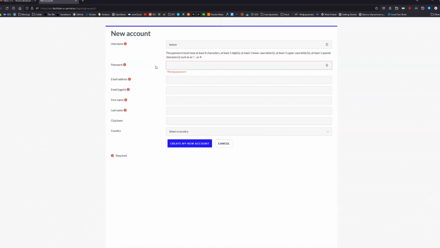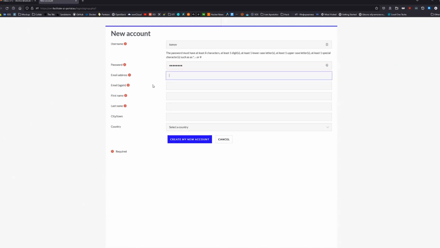So now I will enter my password. After that, we need to enter email address. So we do that. And we have to enter the email address again. All the red circles are required fields. So we need to enter them to be able to create our account.